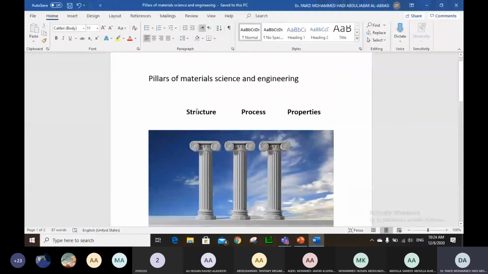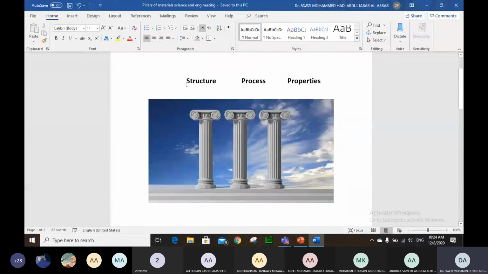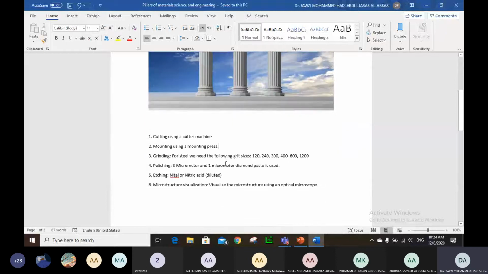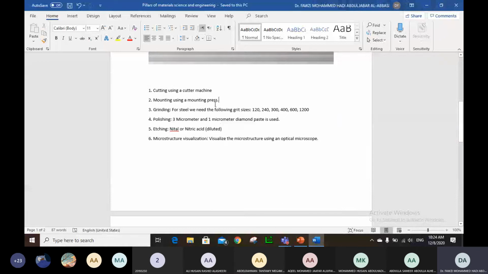So we have the pillars of material science and engineering: structure, properties, and process. As we said, I'm showing the pillars here just to make it fun. So if we need to investigate one, we need to go and see all the other ones. And in doing that, we need to do microscopic examination or visualization of the microstructure. We start with what we refer to as cutting. So first of all, the specimen that you will be having, for example,